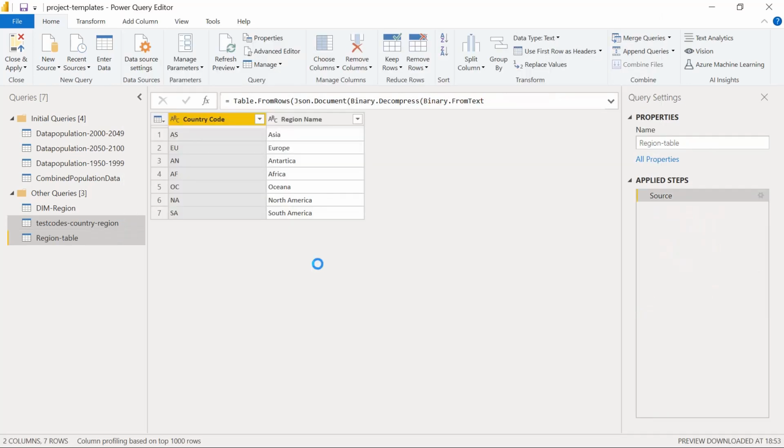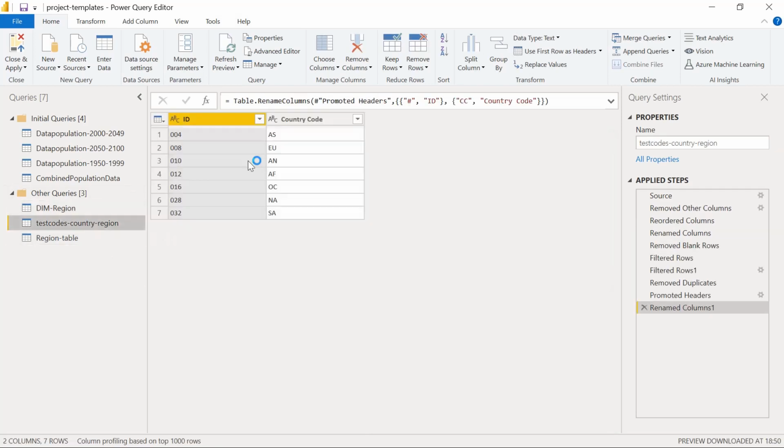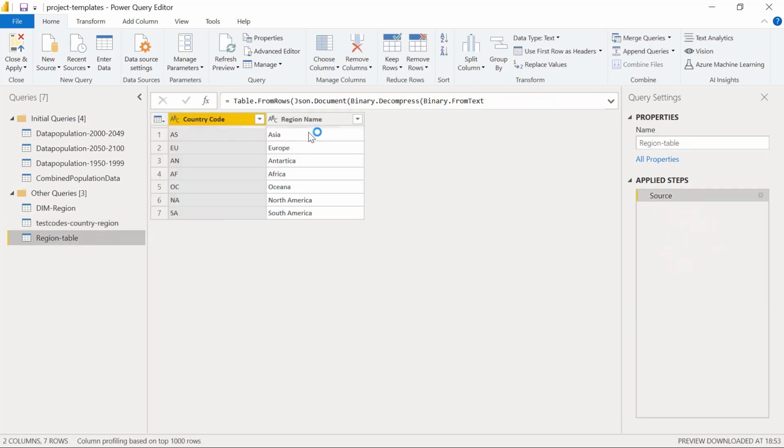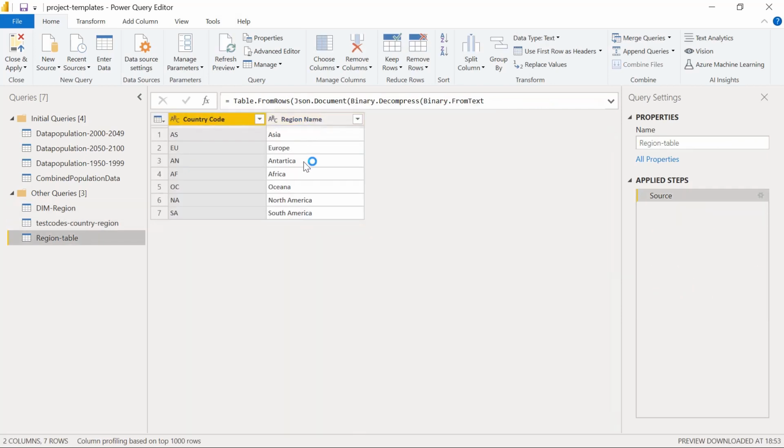After clicking on OK, you can see this table is created as the third table. We have three tables now, but all this information we need in one table: country, country ID, and the information with these code values, and then the region table has all the region name descriptions. Basically we need the region ID or country code from this table to this. From the region table we need the region name. So these are the three different tables.